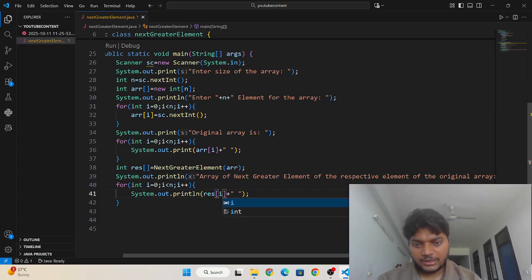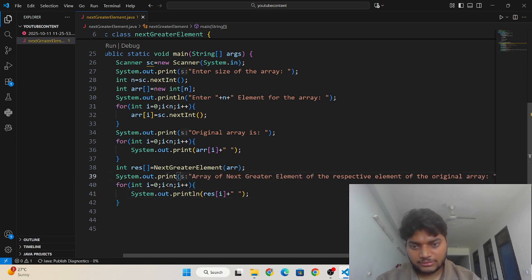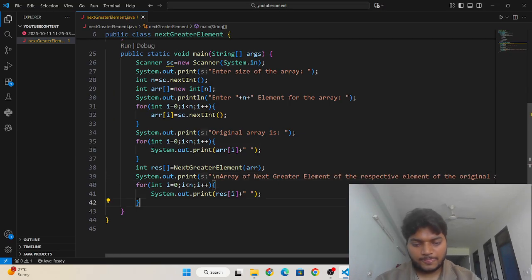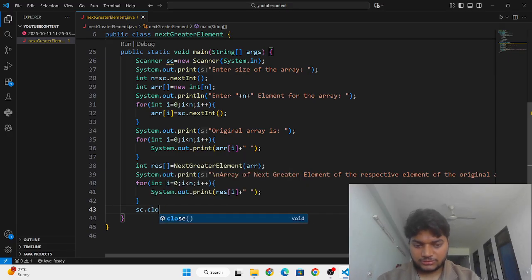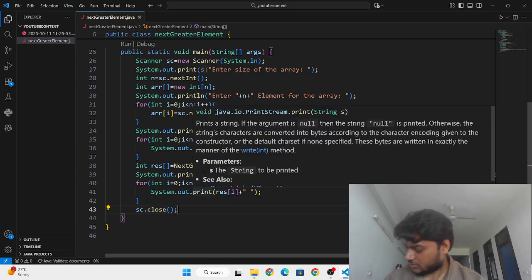Okay, and I need to remove this all ln so that it will look good and clean, and then I need to close the scanner class. Close. Okay, and this one. Okay, done.